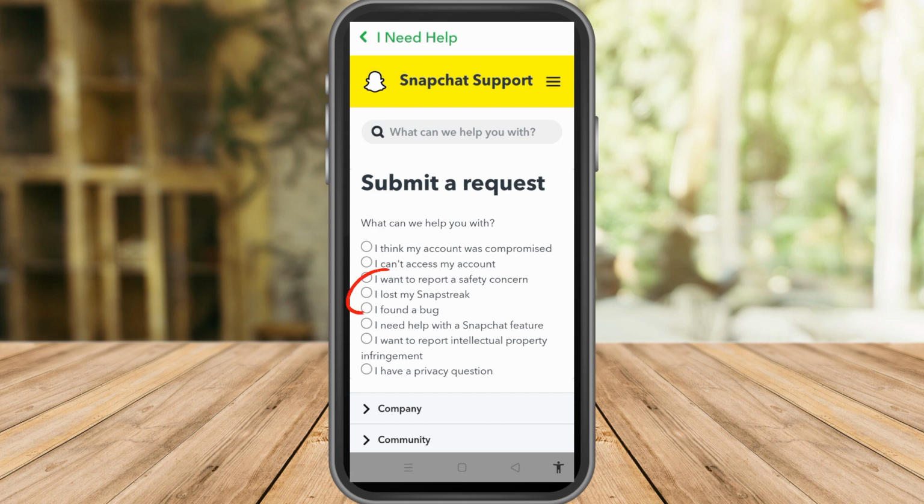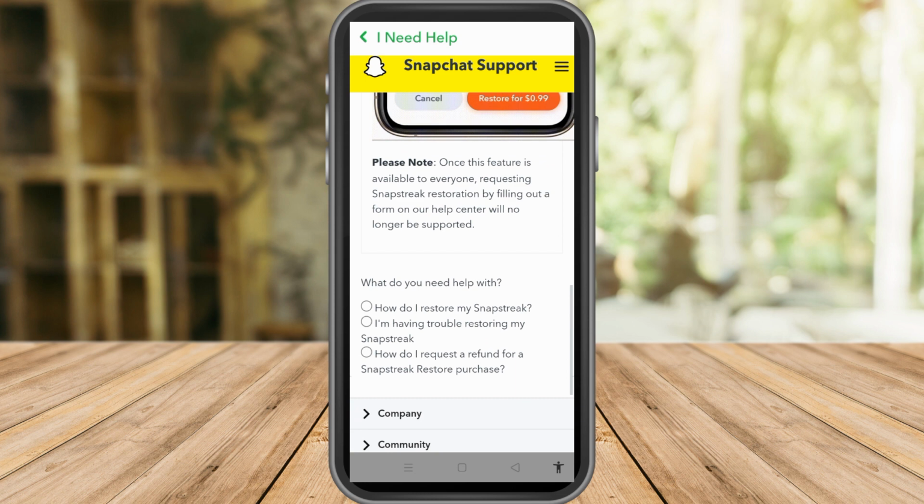You just have to tap this I lost my snap streak. Okay, tap this one. And then next, you just have to tap this how do I restore my snap streak. So once you tap this one, it will take you directly to a form in which you need to answer